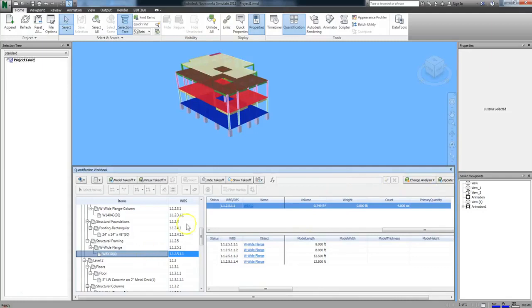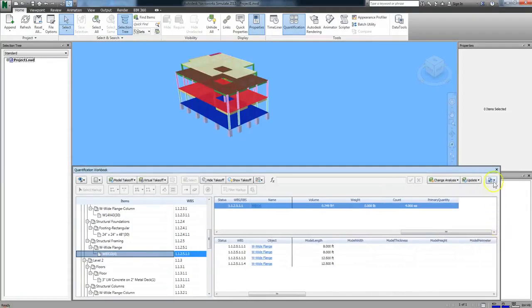To export your items, look into the upper right-hand corner of the quantification workbook window. You'll see a button that lets you export or import catalogs and export quantities. When you click that button, you'll be given a number of options, but for our purposes, we're going to choose to export the quantities to Excel. A save window will appear, and you can now save your file